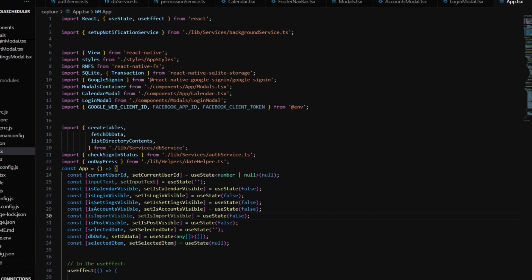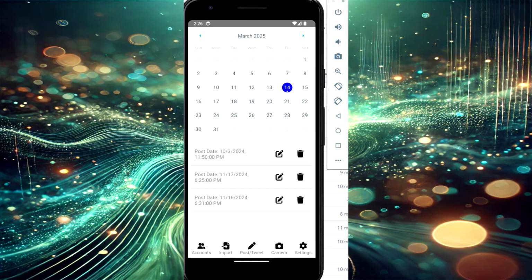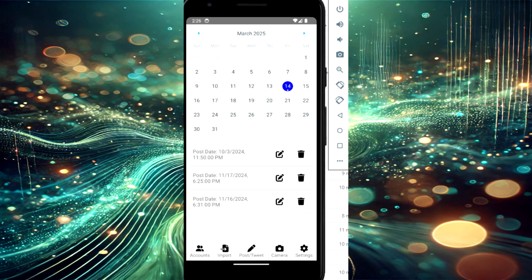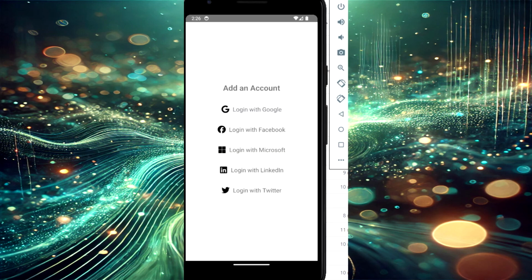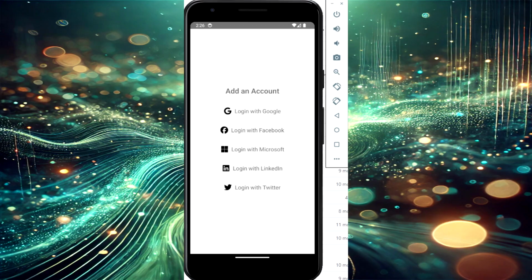This part was where things took a lot longer. It was a lot harder to figure out what I was going to do. But essentially we started off with just an app.typescript file. We built out what the scheduler looked like, the calendar app. We made a couple different modals, such as the login screen, and being able to choose a social media provider, and also having the token that you receive from your OAuth stored in